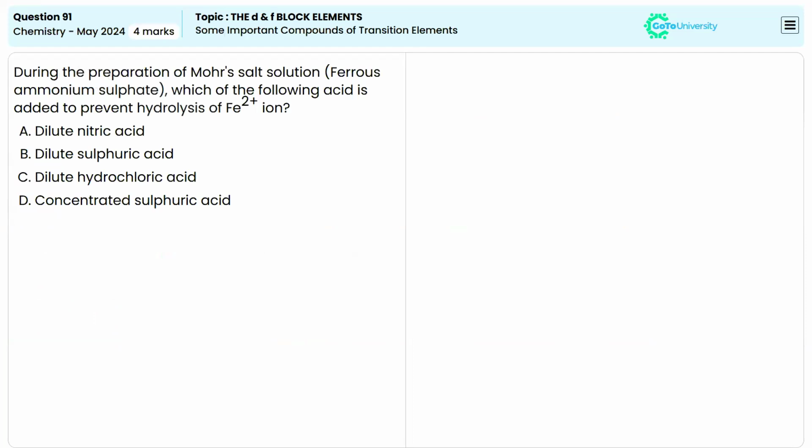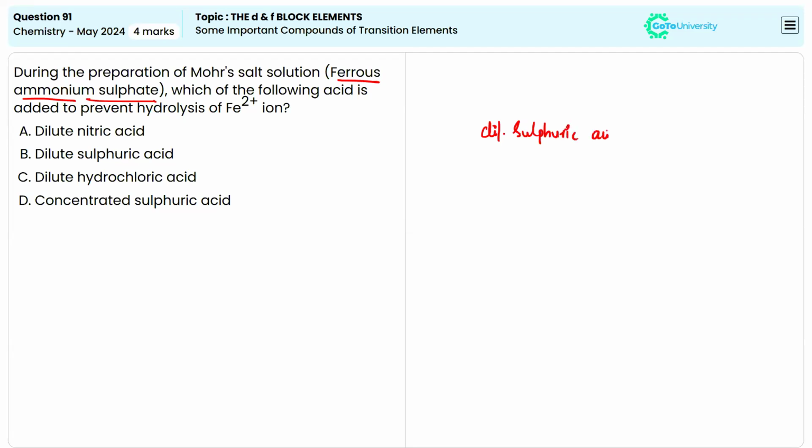Now, the next question. During the preparation of Mohr's salt solution, which of the following acids is added to prevent the hydrolysis of Fe2 plus ion? So during the preparation of Mohr's salt solution, Mohr's salt is ferrous ammonium sulfate, right? So which is the reactant that you are adding here? That is sulfuric acid. But not only sulfuric acid, it should be dilute sulfuric acid,